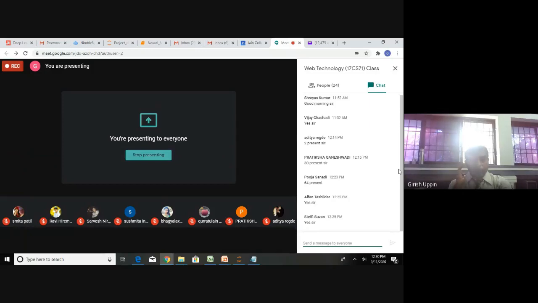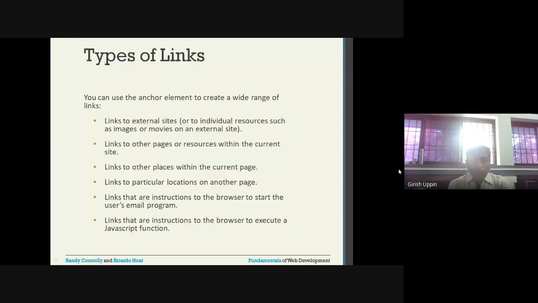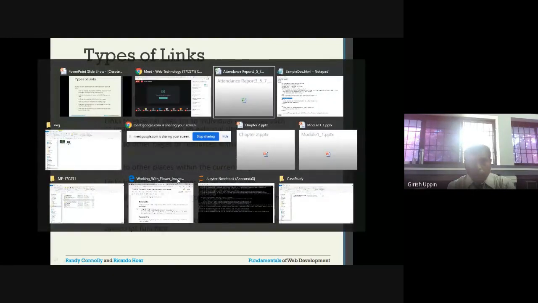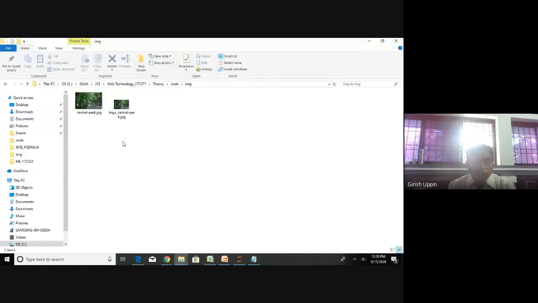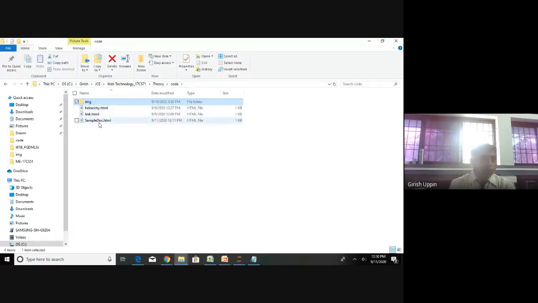Everybody clear? So you can have a link on the same page. For example, in the code block, I have 3 HTMLs here. Each potentially can act as a page. So this is the sample.doc HTML that you have seen, and link.html is another page, hierarchy.html is another page.